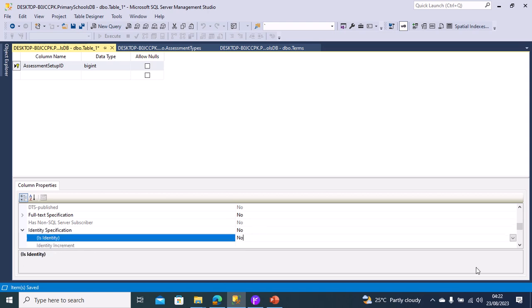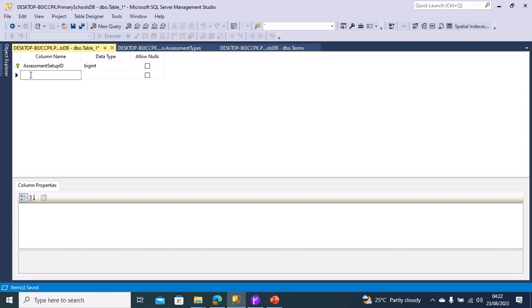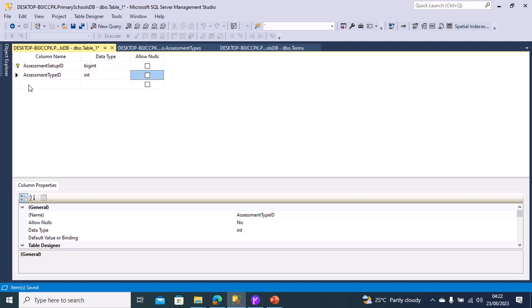Also identity column. After changing it to identity column, I'm going to have assessment type ID, which is int, compulsory column,